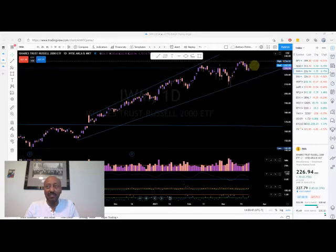Of course, it's okay if it reverses here and breaks the highs. It's okay to enter somewhere there, because the monthly uptrend is our limit, so there's still a lot of room to go